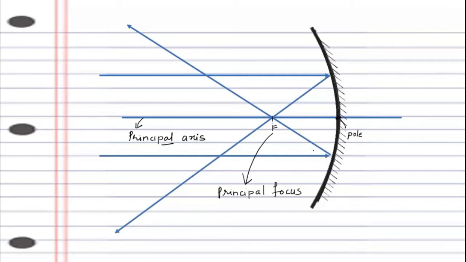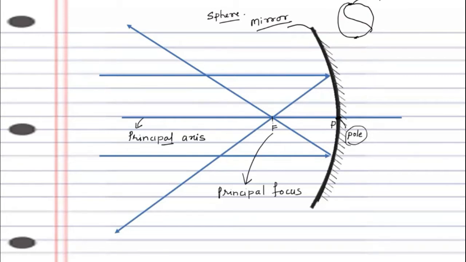Pole of the mirror. And why is it called pole? Generally, where we make a pole, if there is a sphere, these 2 points are generally treated as poles. As I have told you, spherical mirrors are to be considered as a part of a sphere, and therefore this particular point is referred to as the pole, and its symbol is P.